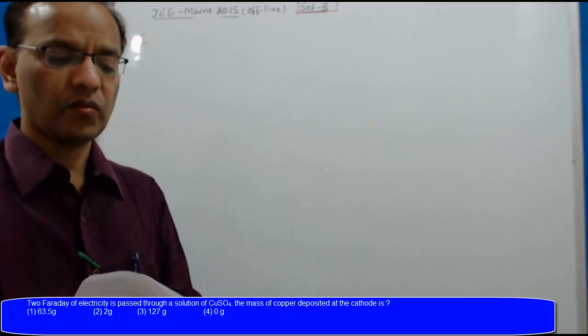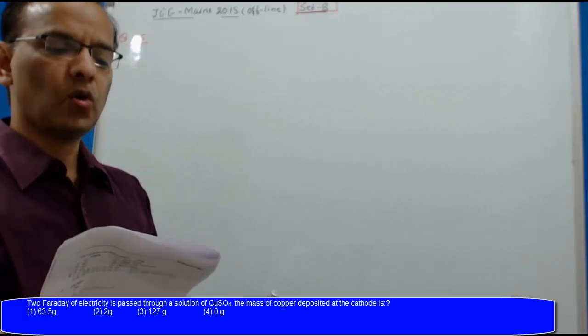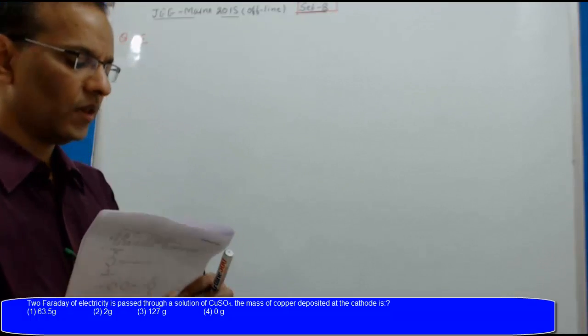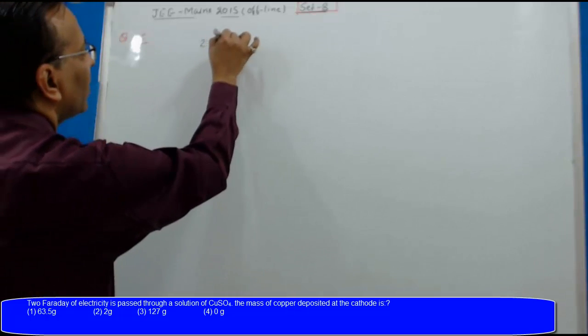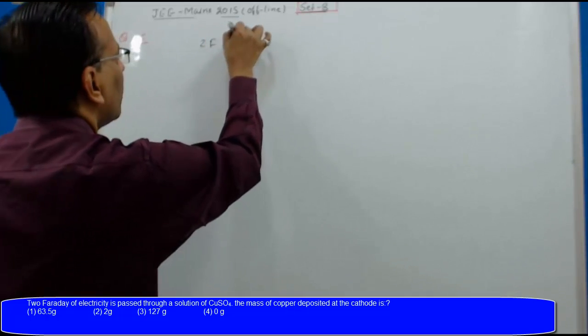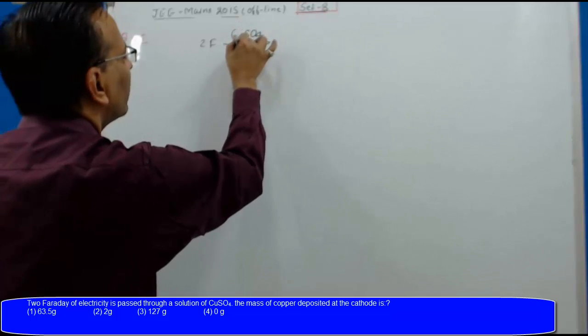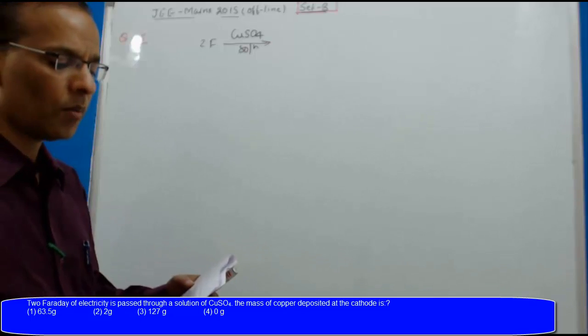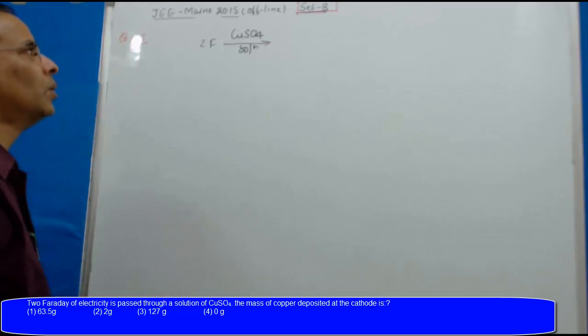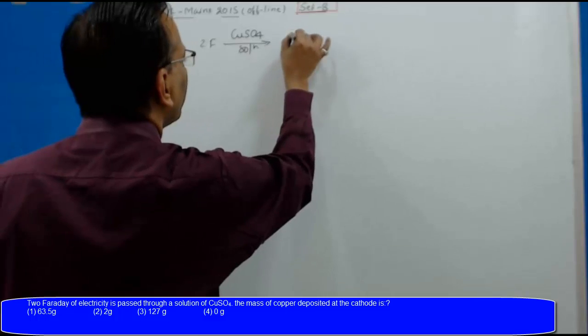This question is from Faraday's law, 2 Faraday. Question is 2 Faraday of electricity passed through CuSO4 solution. The mass of copper deposited at cathode. So 2 Faraday will give